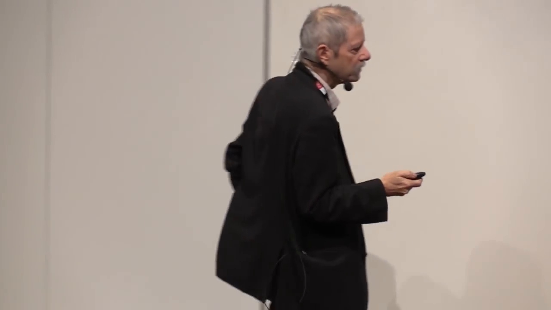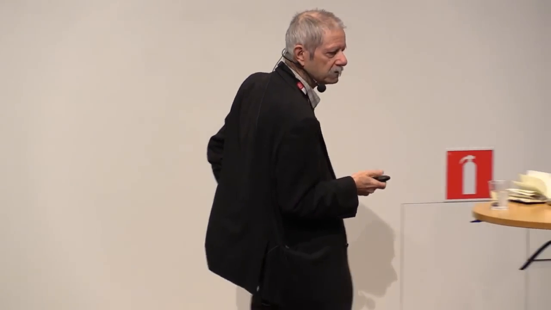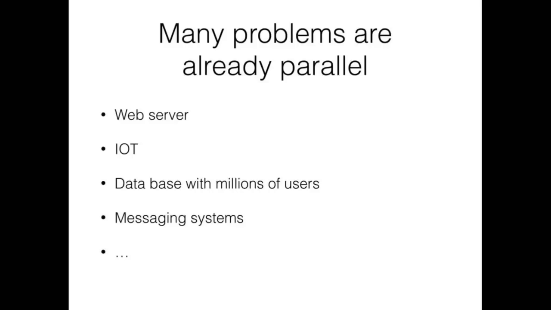Yeah. And for real-world problems, often they are parallel to start with. So there's actually not much problem in deciding that granularity. I mean, if you were building a web server for 1 million people, you just make 1 million processes, one process per person. So in fact, it's a slightly different way of viewing things. That concurrency is inherent to the problem, so you just need to mirror it in the architecture of the system.